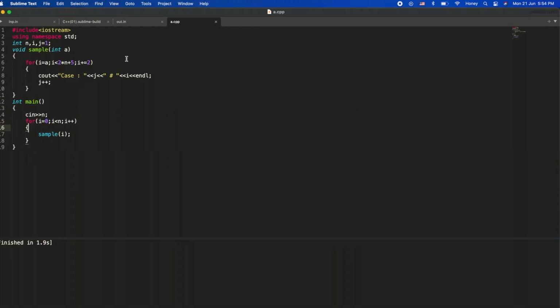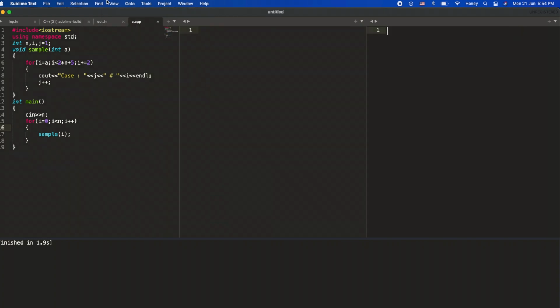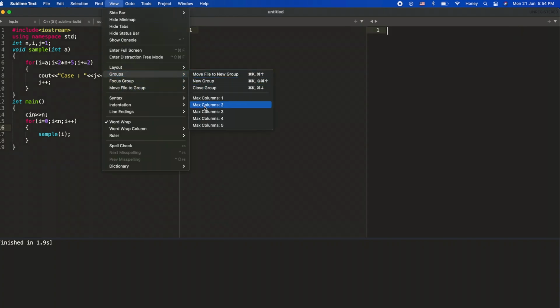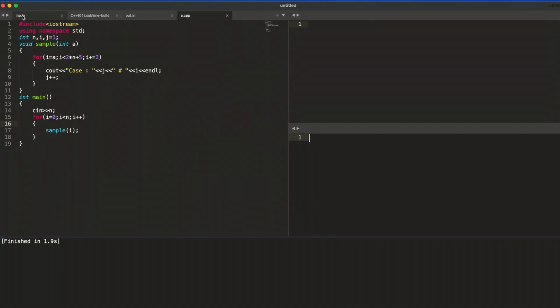In the next step, we will set up the view so that our input and output become handy. Go to View, Layout, Columns 3, and now go to View again, Groups, Maximum Columns 2. Now move your input.in file here and output.in file here. Now you are ready to go.